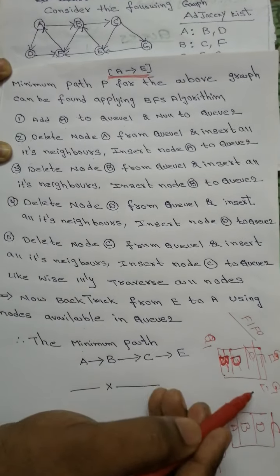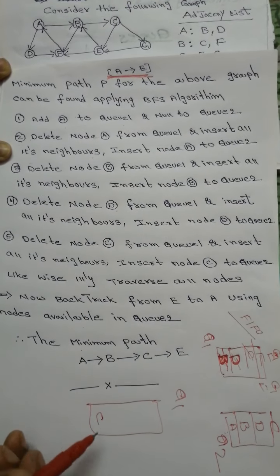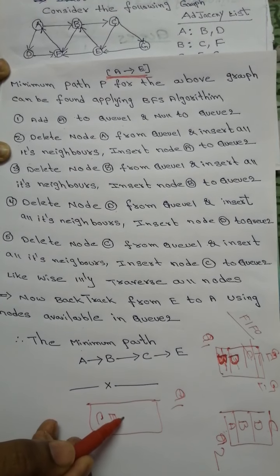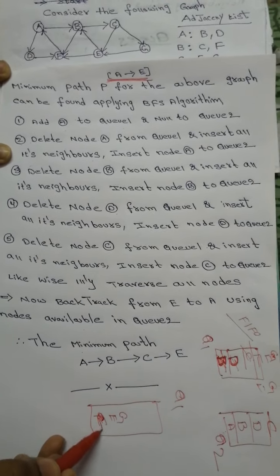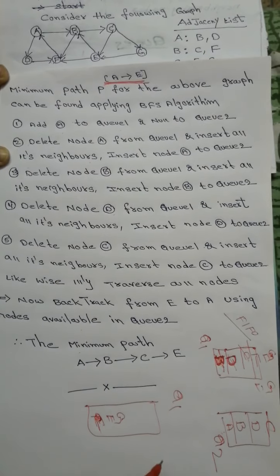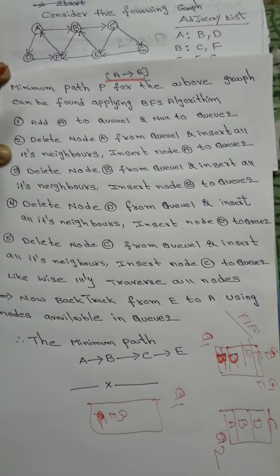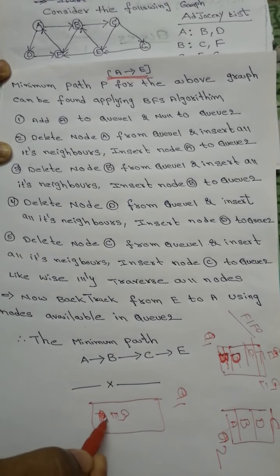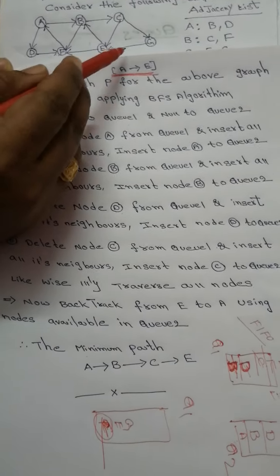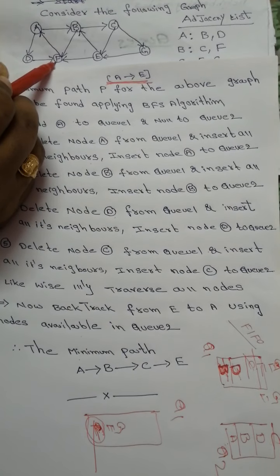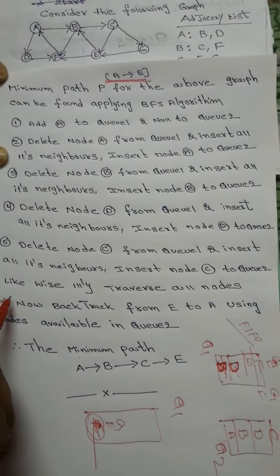Inserted them into Q1. Now in Q1 we have C, E, G. C is deleted, so we have F, E, G. After C, D is completed and traversed. Now what is the next node? F. First in, first out. F was inserted first, so F is deleted. What are the immediate neighbors of F? So we repeat the process like this.